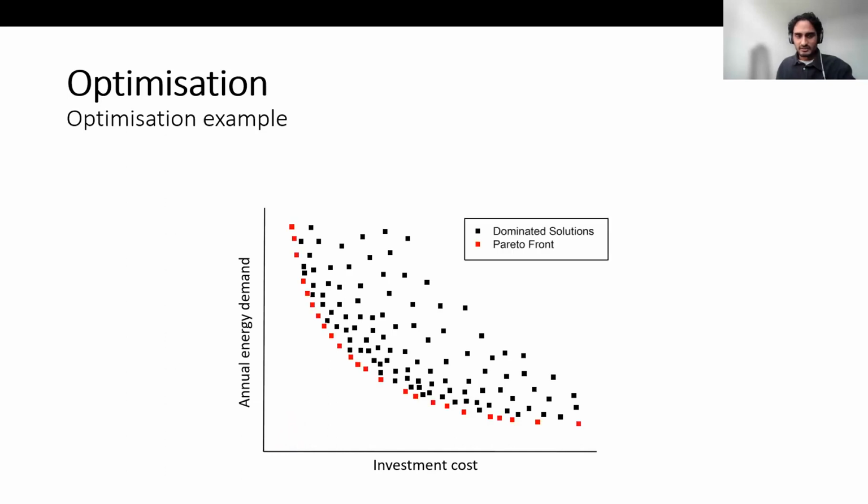So what we then realize is that the best points available to us are these highlighted in red, which we call the Pareto front. It shows there's not one single optimal solution, but rather a range. And all of these points are of equal importance in terms of the chosen optimization objectives.